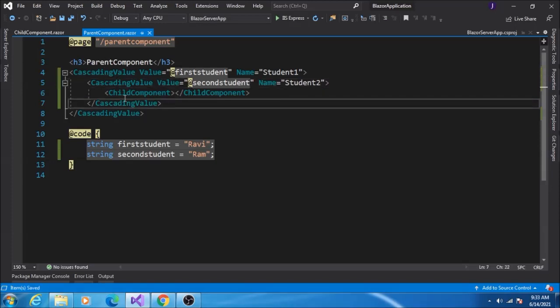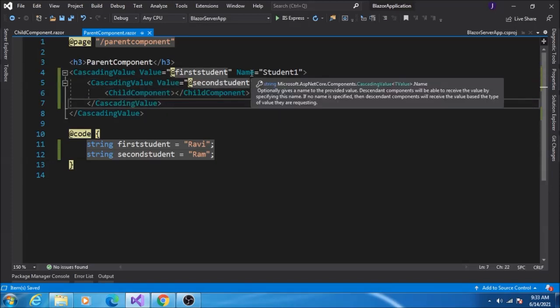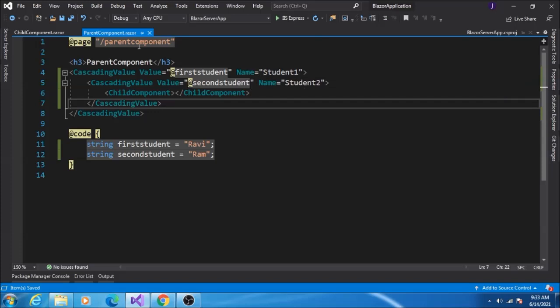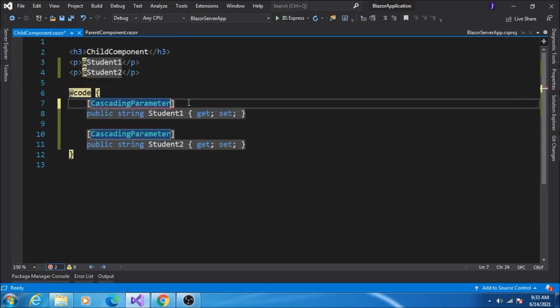For both the cascading values in the parent component, I am using the name property, and in the child component, we need to give the name.